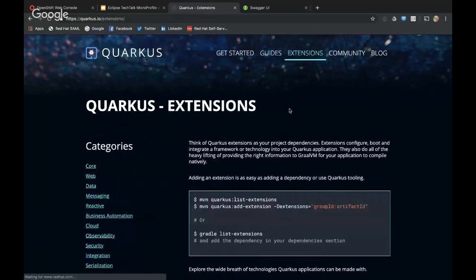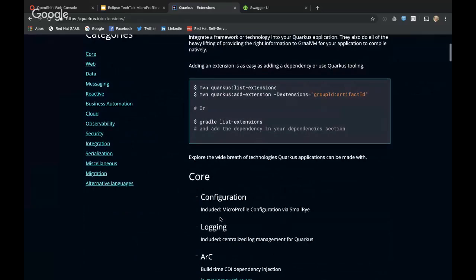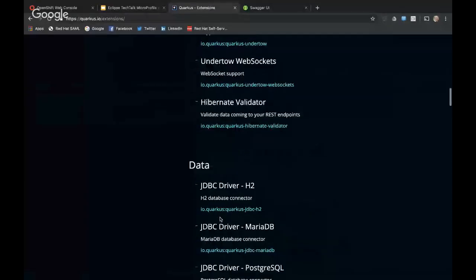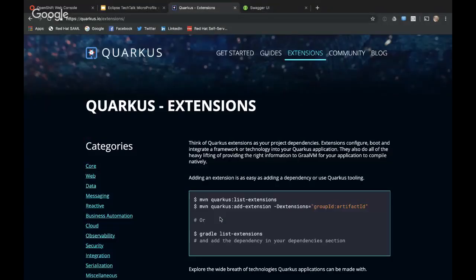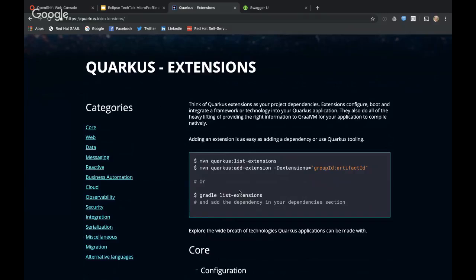There's actually, I'll go to extensions first. There are many extensions, like I mentioned, that cover all sorts of functionality that you can use with Quarkus. If you're running in JVM mode, you can pretty much use any Java library that you want. The issue is if you want to compile down to a native binary, then you might run into some issues, right? Where you'll have to use Quarkus extensions or do a little bit of extra work, or work with the framework provider to support native